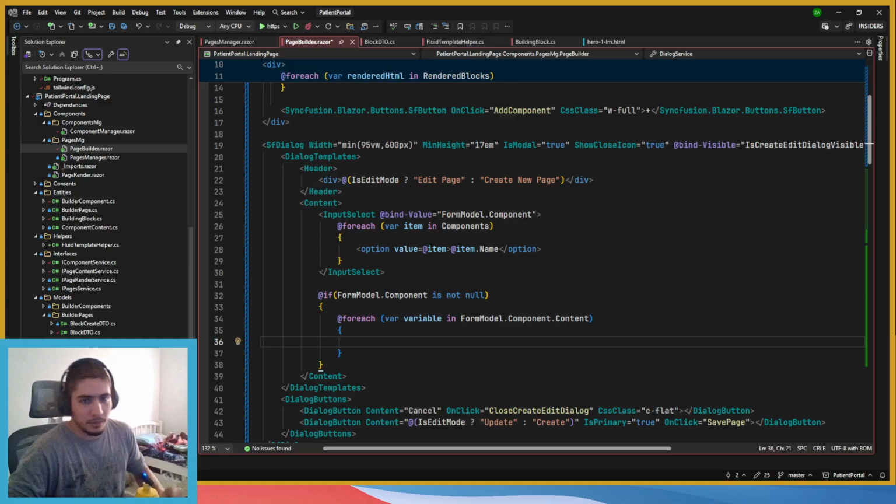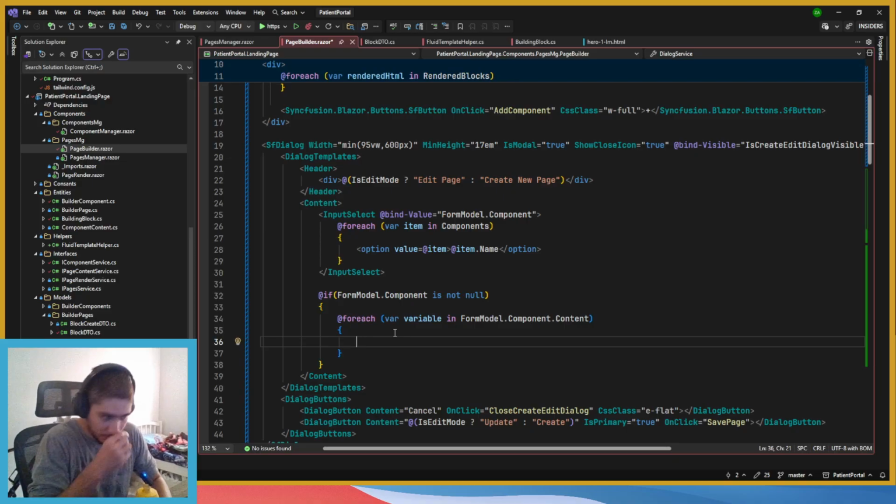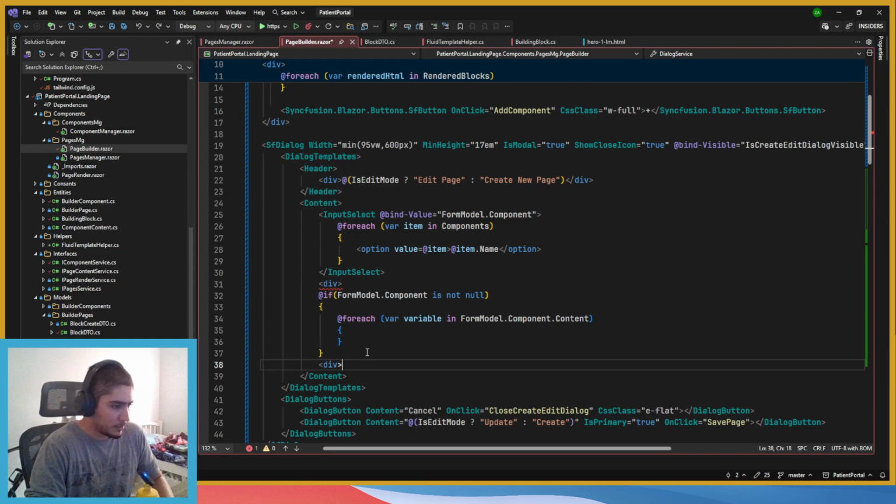Okay, let's continue. What I did, added an input select for the component. And then if we have a component, we're gonna create our dynamic form thingy here. I'm not sure if I should create it as a table or just do normal things. I'm thinking of doing it as a grid. Yeah, let's do it as a grid. So class, why am I not able to write anything? Grid calls 3.